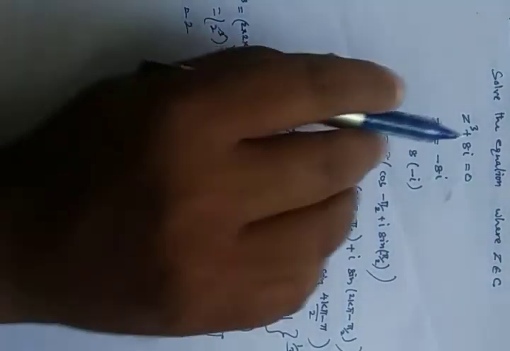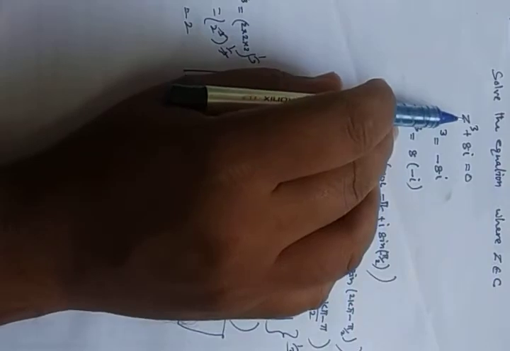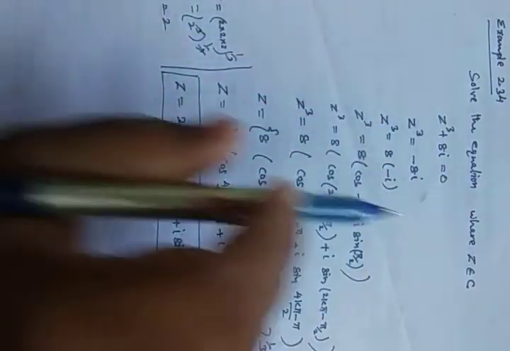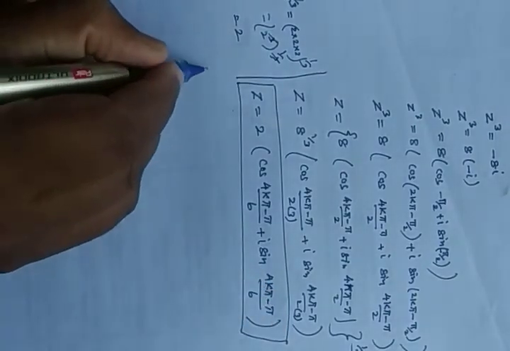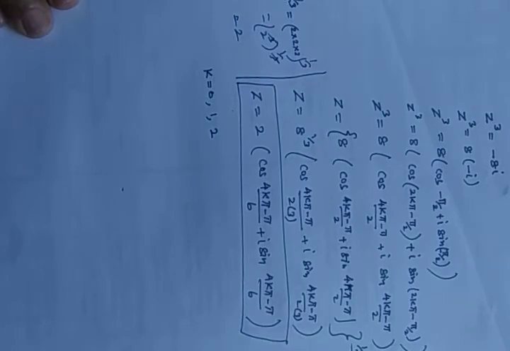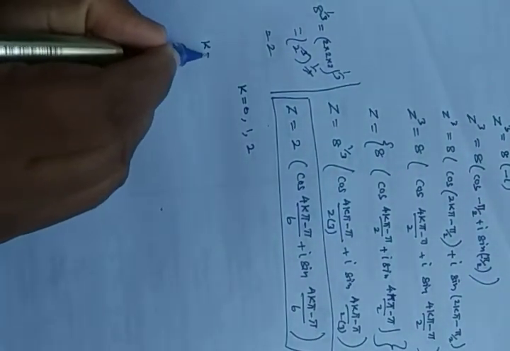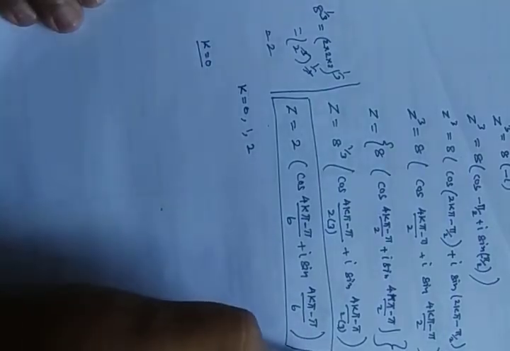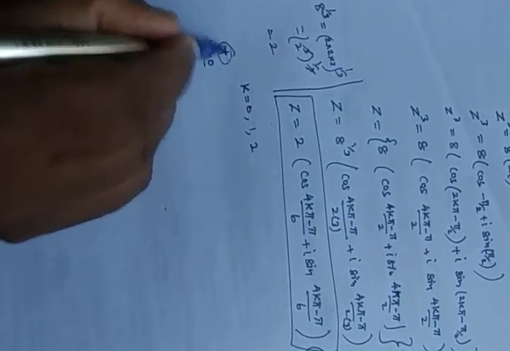Now you need to solve the equation. You can see it is z power 1 by 3, so we have taken 3 only. So what values will come now? Put k equal to 0, 1, 2. These 3 values you need to get here. Okay, first I am putting k equals 0 in this equation, star. Can I make this a star? So in star I am writing k equal to 0.